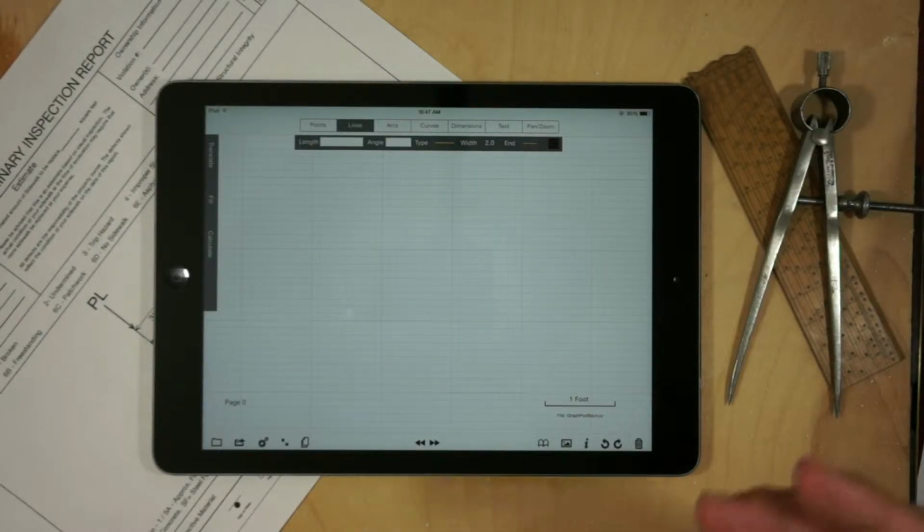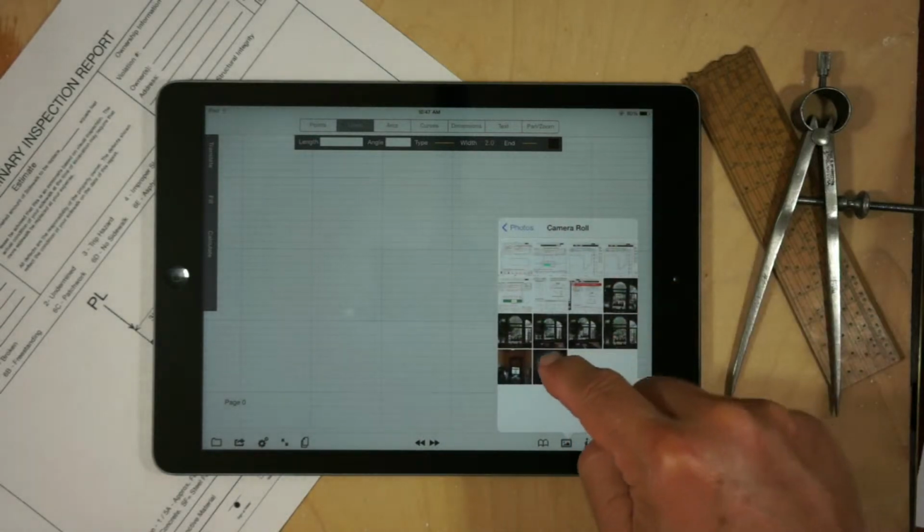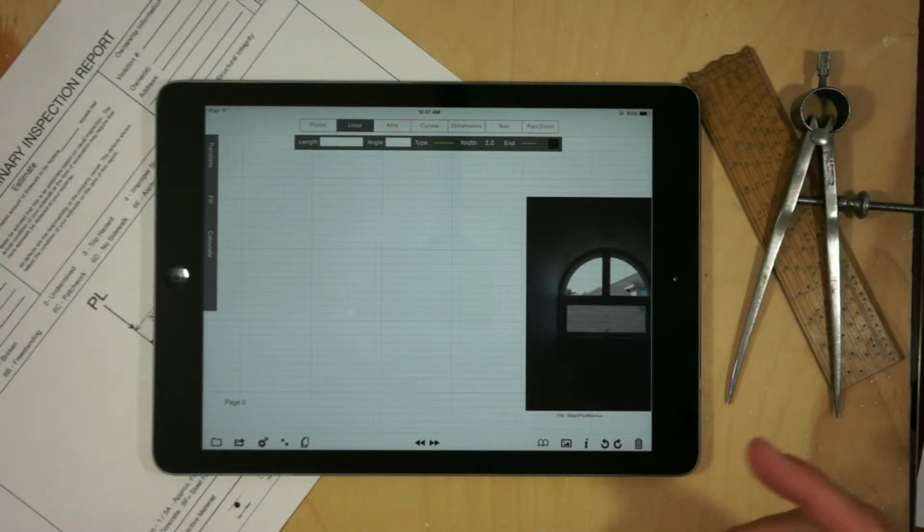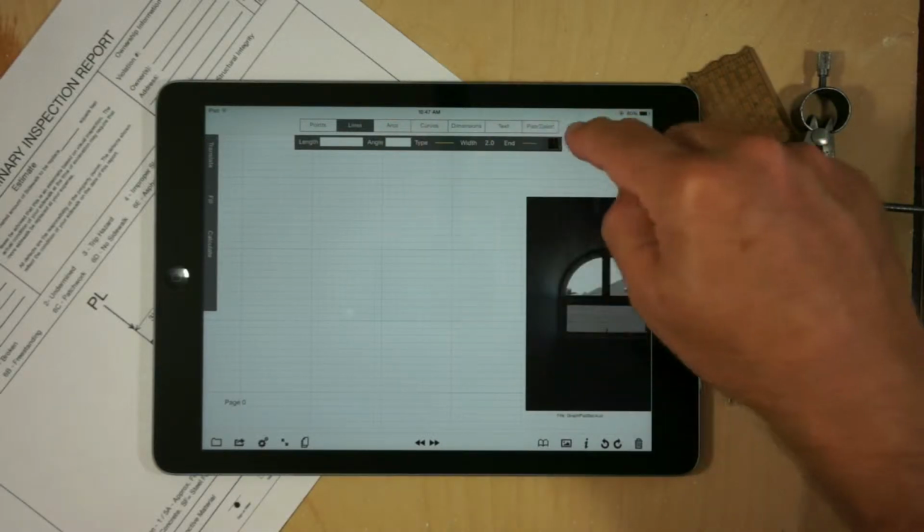This is a quick real-world example of drawing using GraphPad. And so what we're going to be drawing is a couple of window frames. So we'll drop in the image of what we're going to create. Now the first thing we want to do is actually set the scale, and you can't really